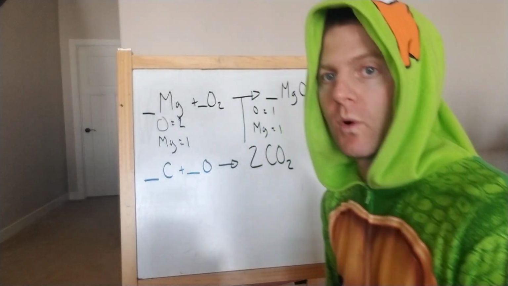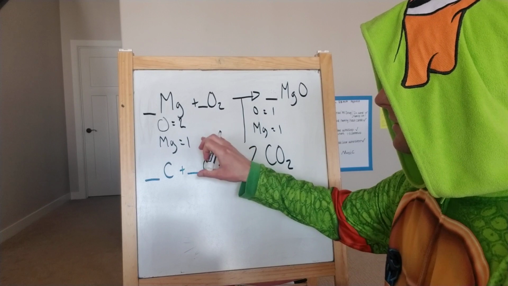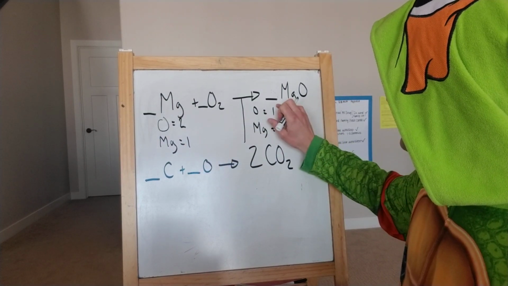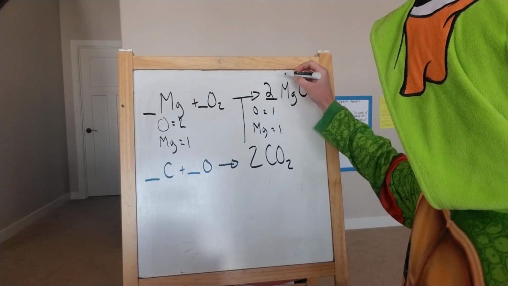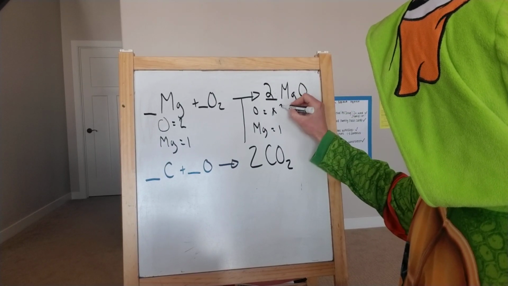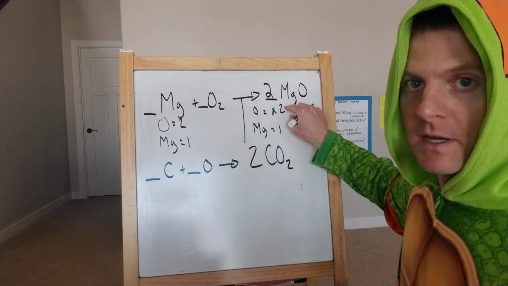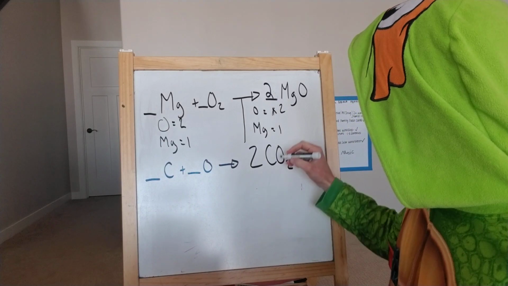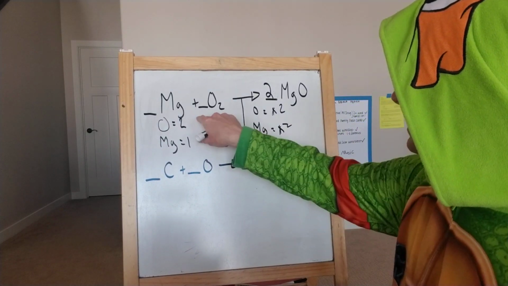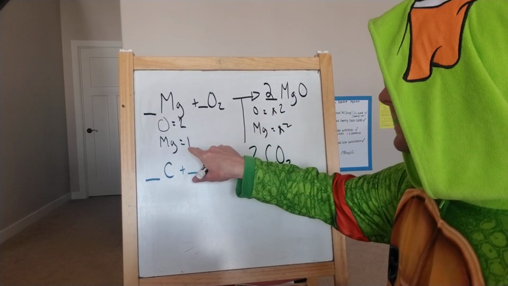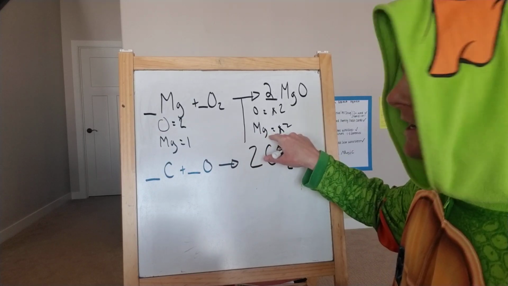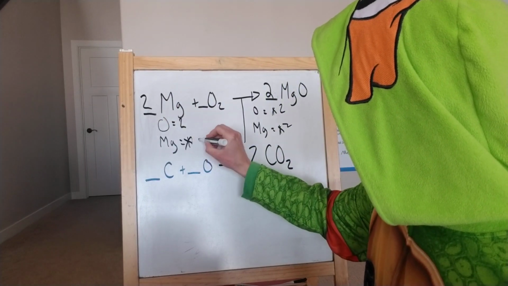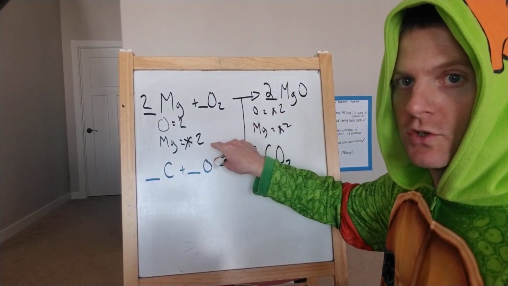So what I need to do is to find out how can I go ahead and get 2 oxygens over here. So what I need to do is add a coefficient right here. So that's going to give me 2 oxygens, but it's also going to give me how many magnesiums? 2. So my oxygens are now balanced. What I need to do is go ahead and balance my magnesium. Since I have 2 over here, I need to go ahead and put a 2 here. 2 oxygens, 2 magnesiums,